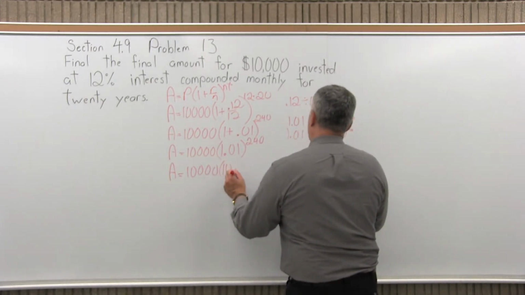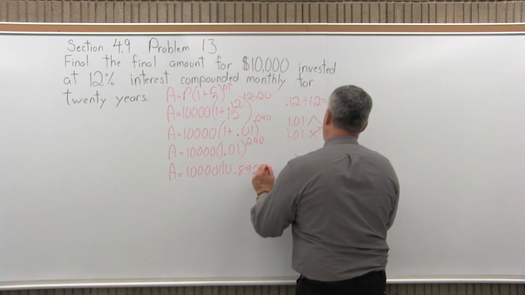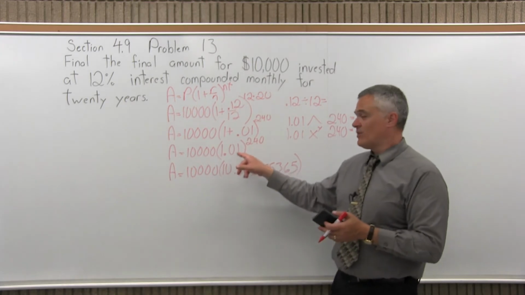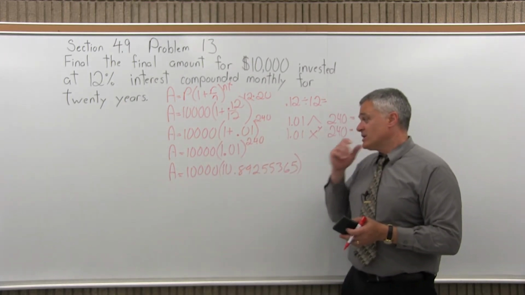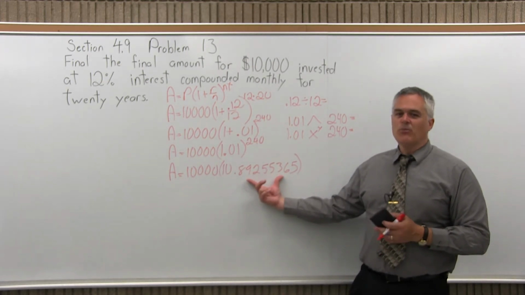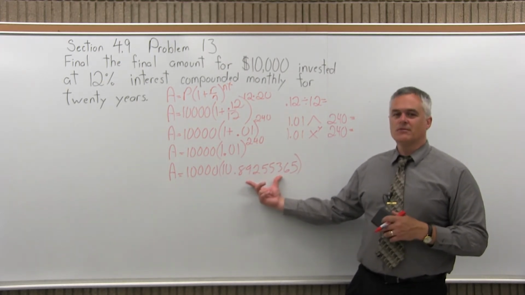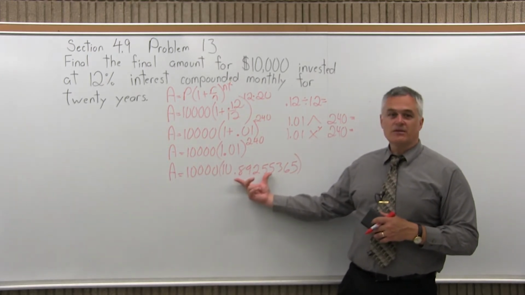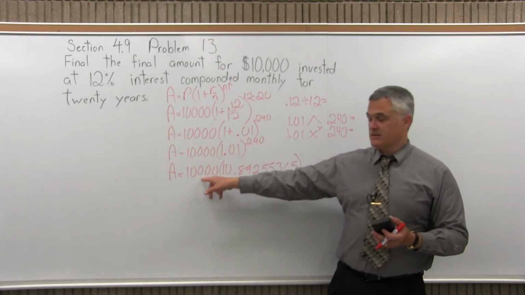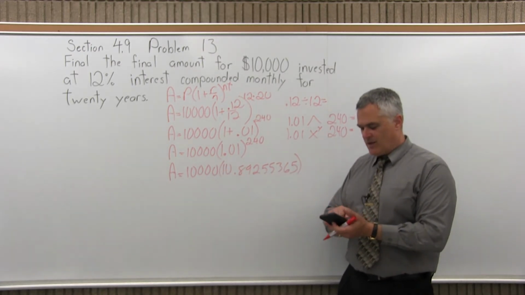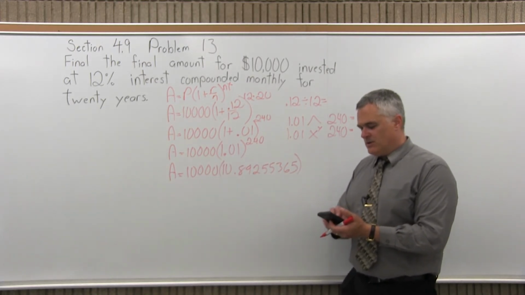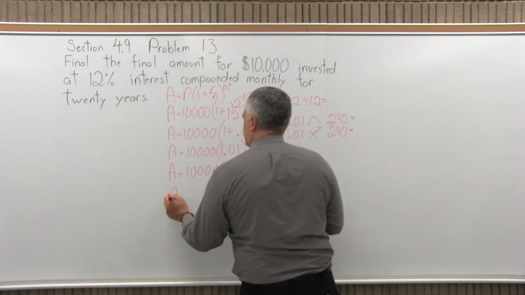So in the parentheses, I'm going to have 10.89255365. That's the result of 1.01 times itself 240 times. So I still have to do 10,000 times that number. Now again, I got a lot of decimals when I did that, more than I need, and I will round, but not yet. This number is on the screen of my calculator now. I want to just leave it because I'm going to multiply times 10,000. Hit times 10000, 4 zeros, equals, and the calculator says the answer is